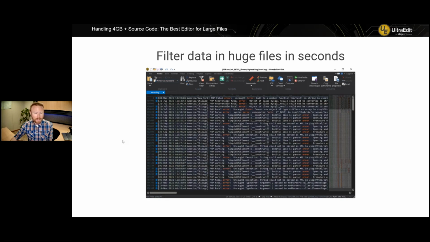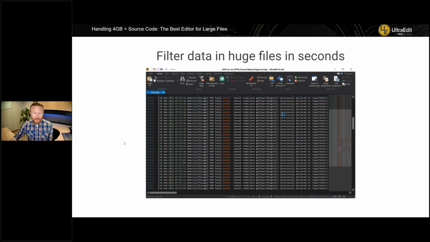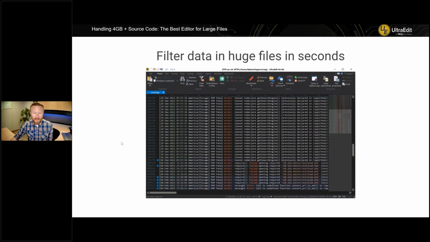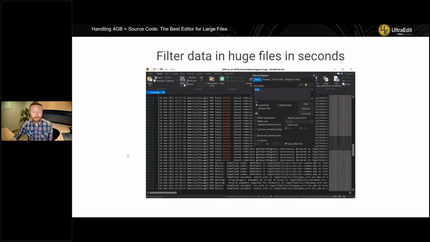the word error here. So now, as Marco was saying, if I need to get to the bottom of some sort of error, or if I need to look at some sort of IP address in the file, I can use that filter functionality to do it. One other way of doing this, as you'll learn with UltraEdit, there are multiple ways to skin a cat. One other way of doing this is to search for the string and then check this list lines containing string